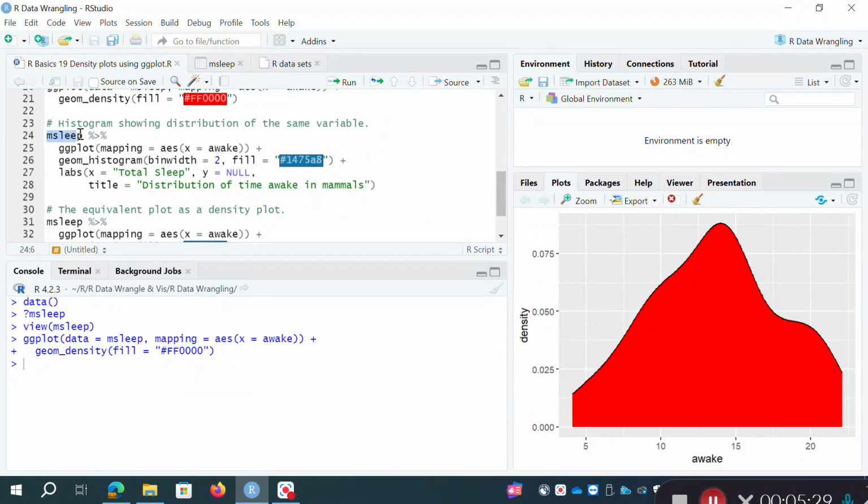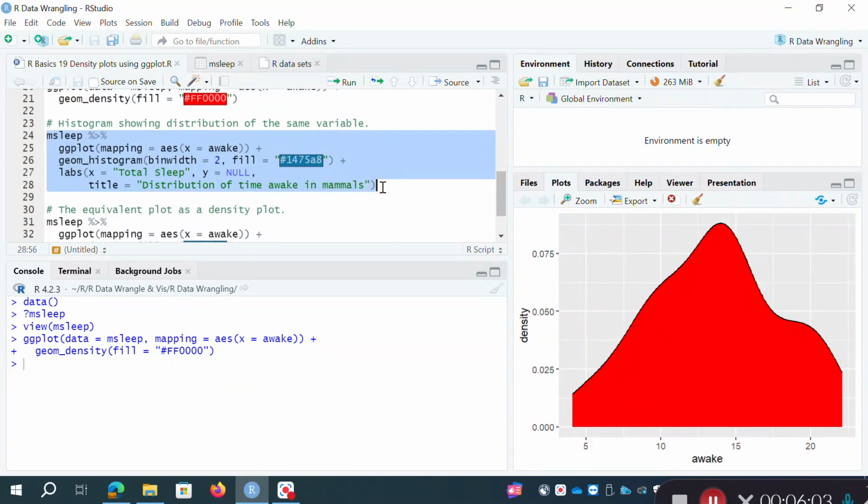So I'm specifying the data first, then I'm piping that into the ggplot call, and the mapping we're using, our aesthetics, is the same as previously. We're just using our x variable, which is hours awake, hours that various mammal species are awake. It's just going to count up how many species are awake 8 hours, how many awake 5 hours, etc. But this time the geometry I'm using is histogram rather than density. And I've added some nice labels just to make it look tidy, apart from a y-axis label,